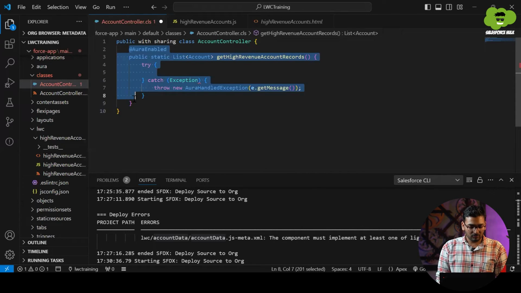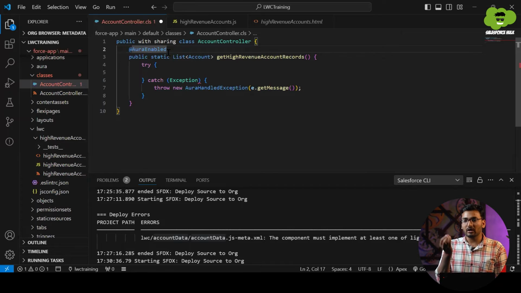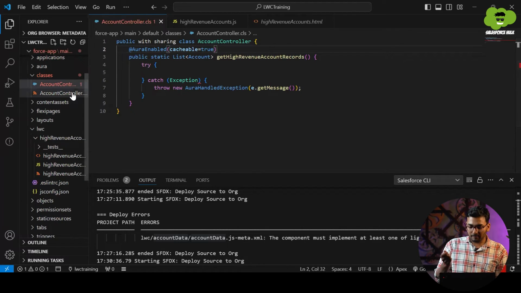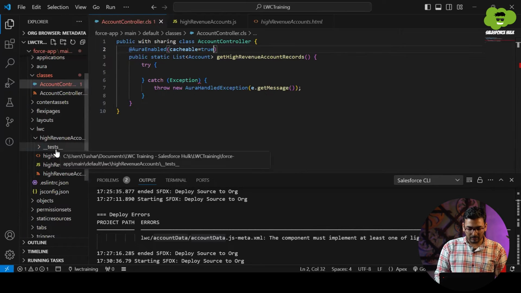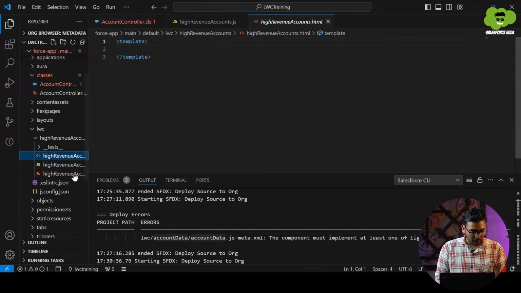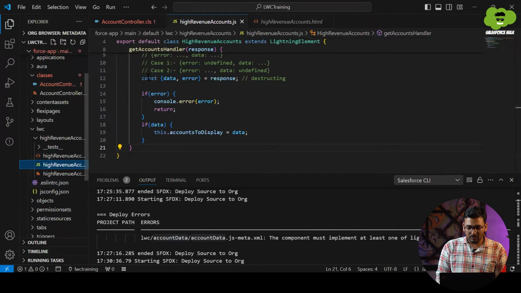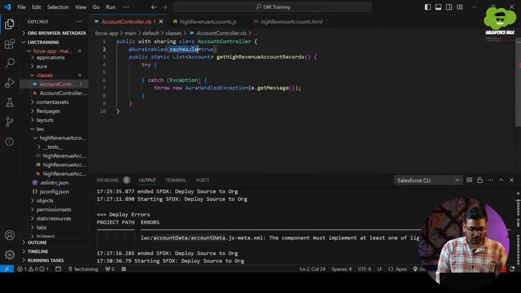Hope you got this. So after AuraEnabled, we'll be writing cacheable equals true. This is something which we have to use in case of the wire approach. When we are calling an Apex method on component load using the wire approach, then there is a need of using cacheable equals true. Without that, your code is not going to work. And what exactly does cacheable equals true do?